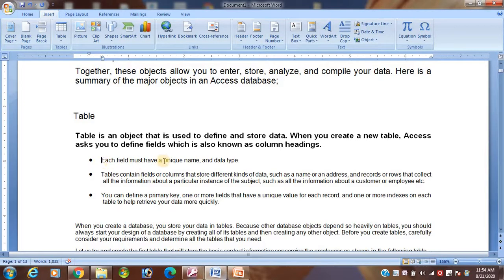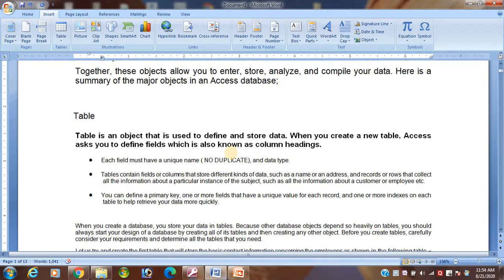Each field must have a unique name and data type. Students, unique name means no duplicate. Duplicate means repeating, and no duplicate means unique name.